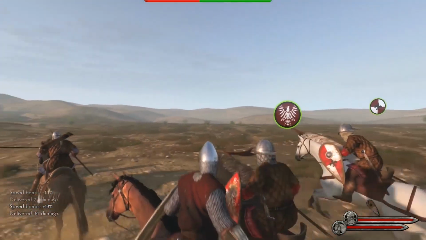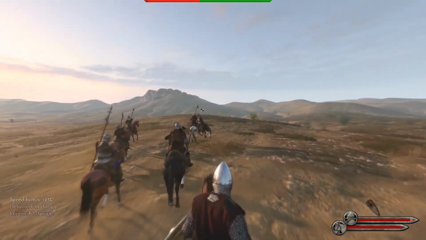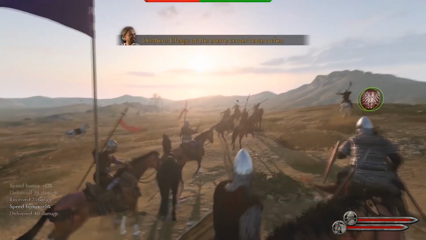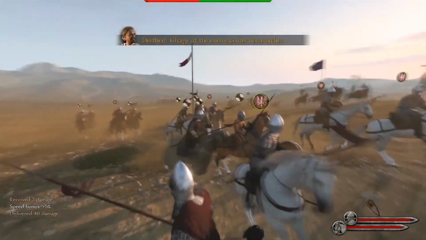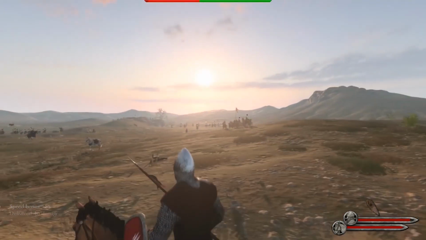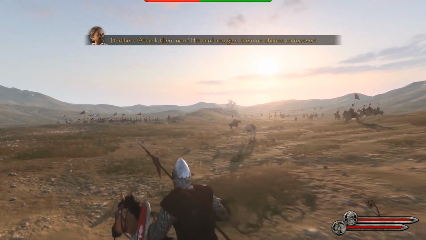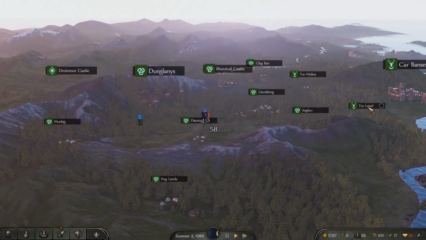Making use of terrain, making use of blocks and scenery, and capitalising on player mistakes, charging when the opportunity is right. And it's this sort of level of broken down AI chain of command which is supposedly going to result in a much better AI experience in-game. This pretty nicely leads on to the campaign, because the single player element of Mount & Blade has always been